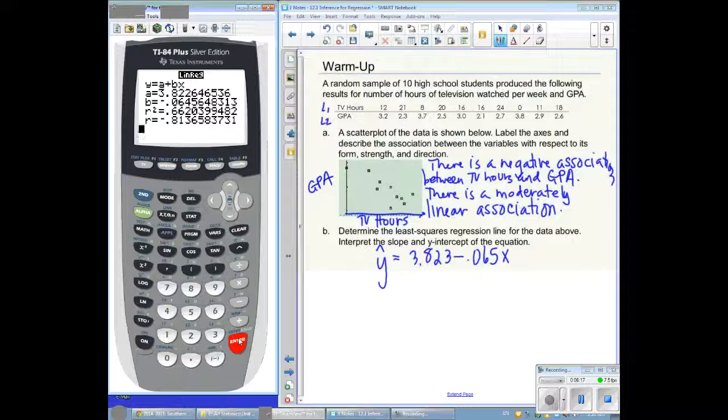So let's talk about the slope. What does this negative 0.065 mean in the context of the problem? Okay, for every hour of TV watched in a week,